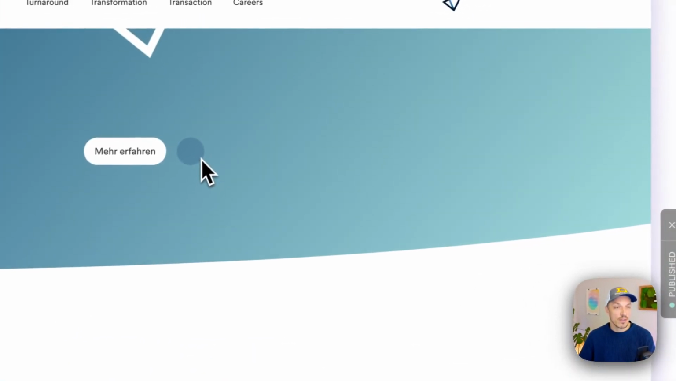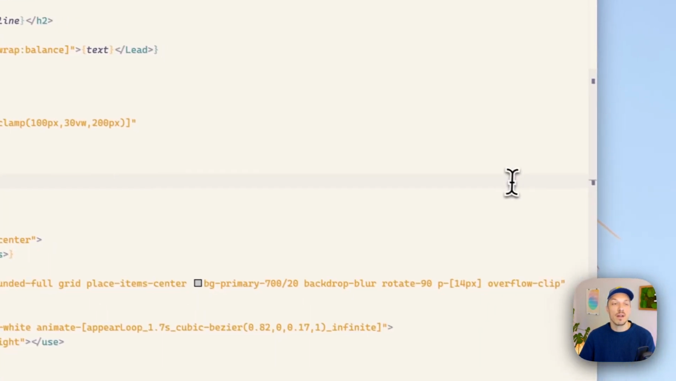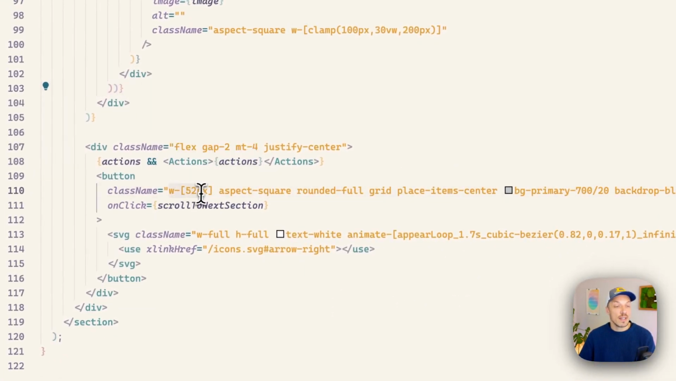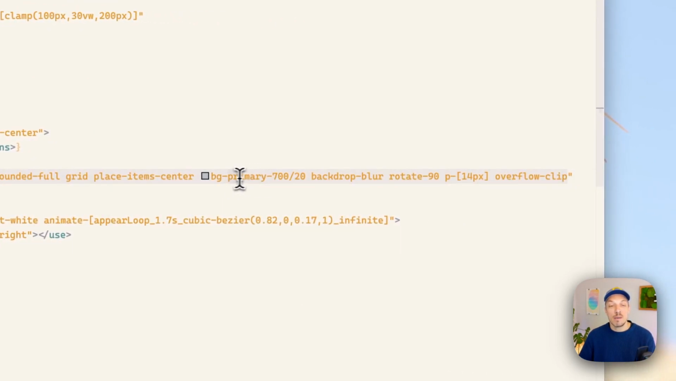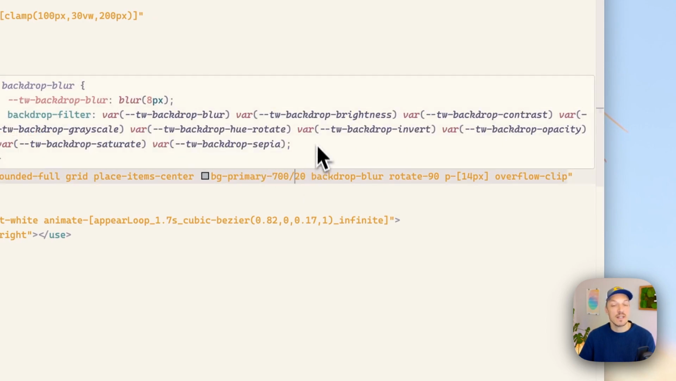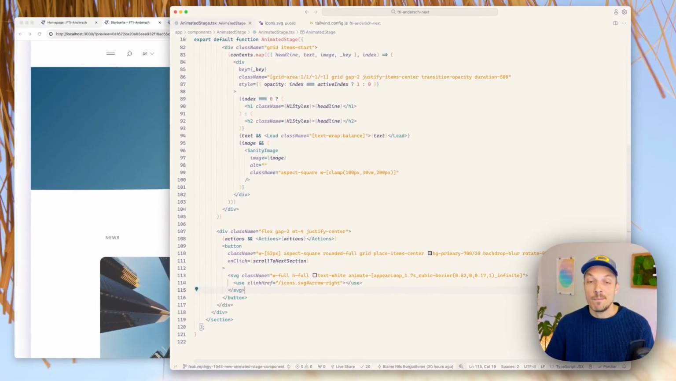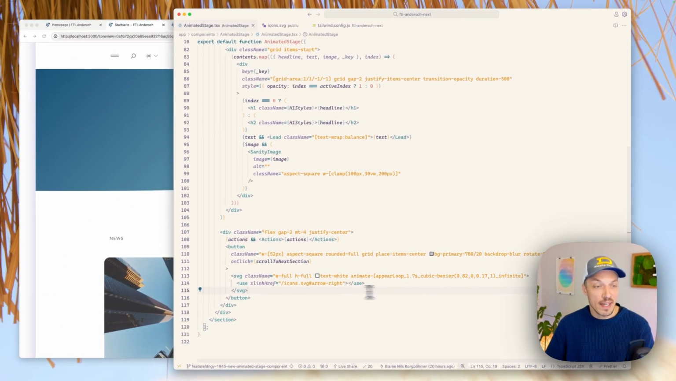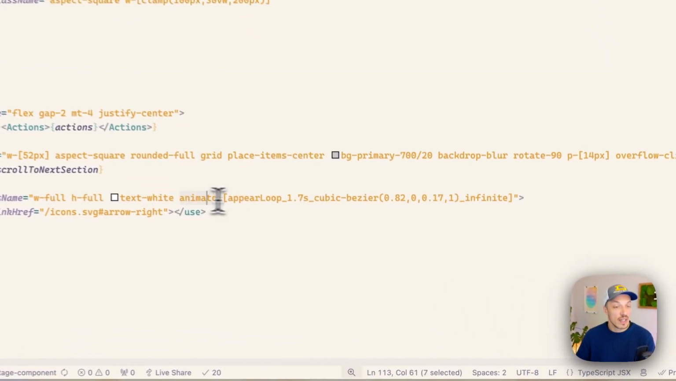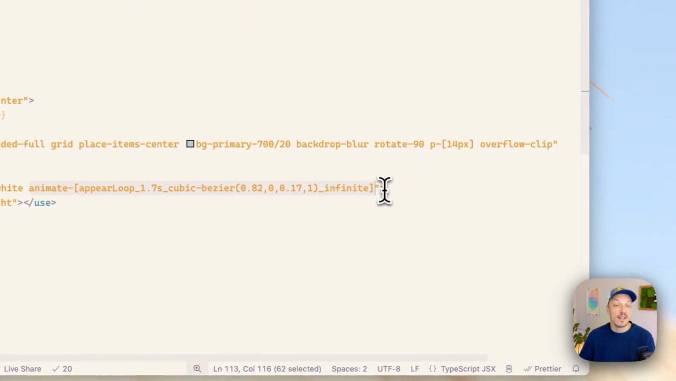So it's like a circle, and it has this blurry background and so on. We're saying this is 52 pixels in a square, and it's rounded, and I love CSS grid, so I gave it a grid and said place all the items in the center. Background is their primary dark color with 20% opacity, blurring the backdrop, and I'm giving it a little bit of padding. And then for the animation, this is the way in Tailwind